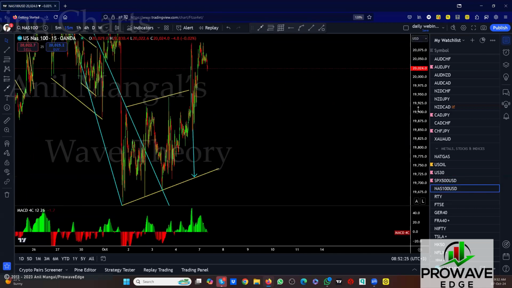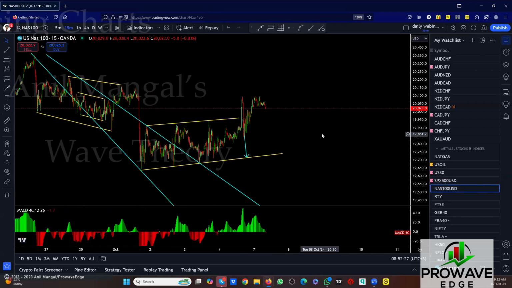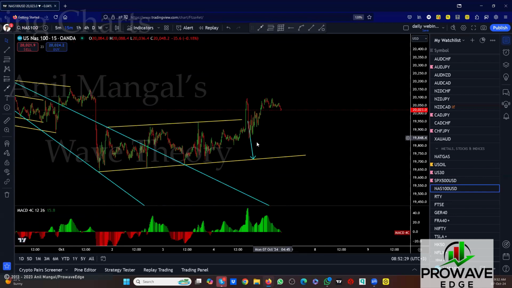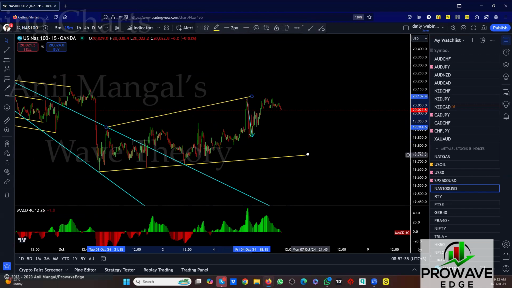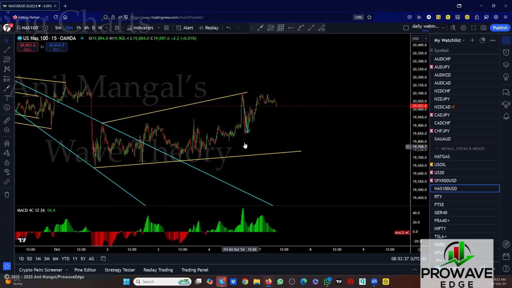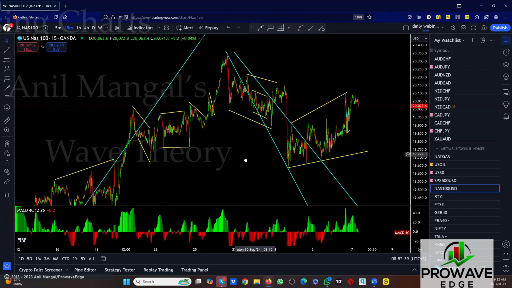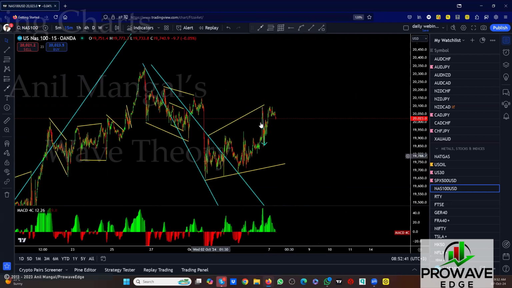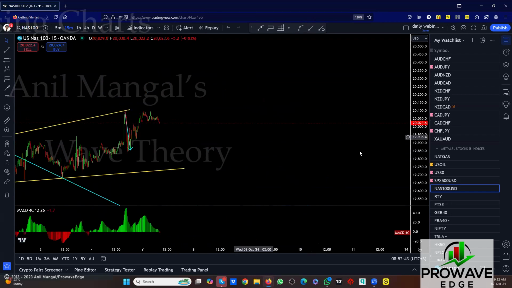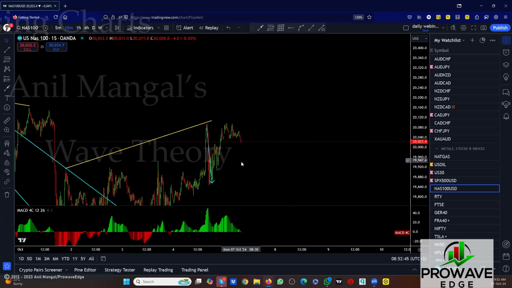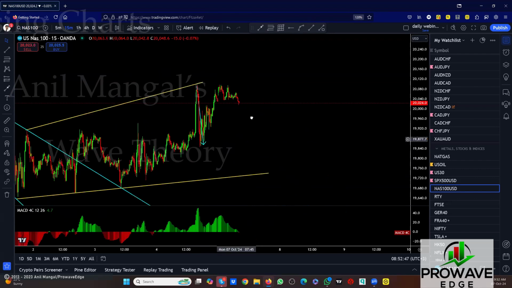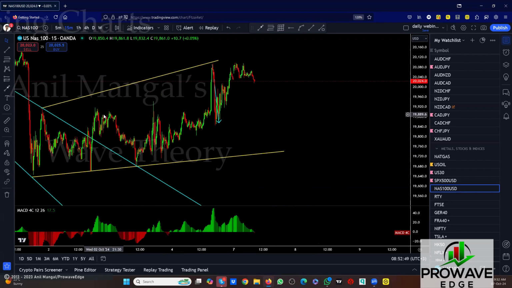NASDAQ. Okay, this one went up a lot. We did get this. We got it here. So it's going to be more like this now. And well, I don't want to take this one out. So it's still downside, but it's still in the correction. And this piece of the correction is not really good. So I could see one of these pullbacks happening again.